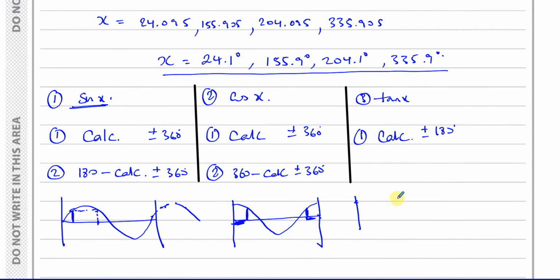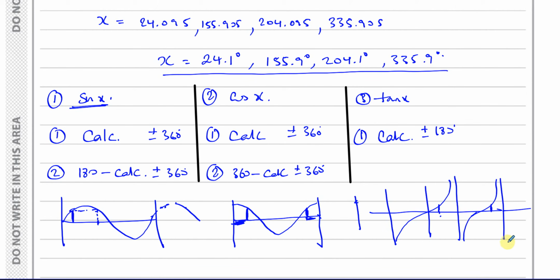And the tan curve looks a lot different. You have these shapes that repeat, like this is your asymptotes. It doesn't touch them actually, but goes like this. So this angle here is your main solution, for example, that you get, and this angle is just 180 more than that, and then it repeats. There's another angle over there which is 180 more than that, and there's an angle back here which is also 180 less than that. So it's just that same angle repeats every 180 degrees. So that's some of the